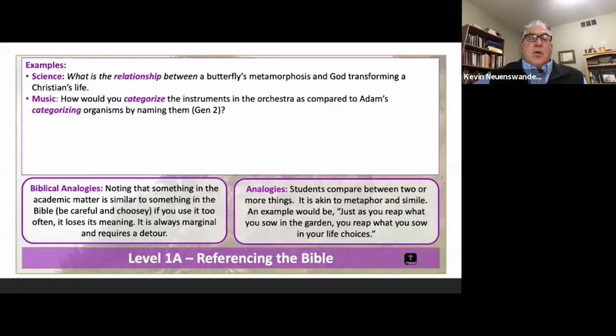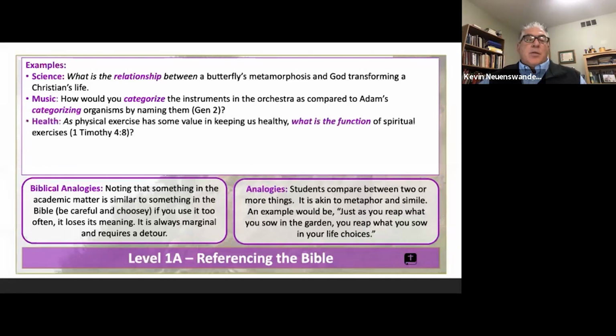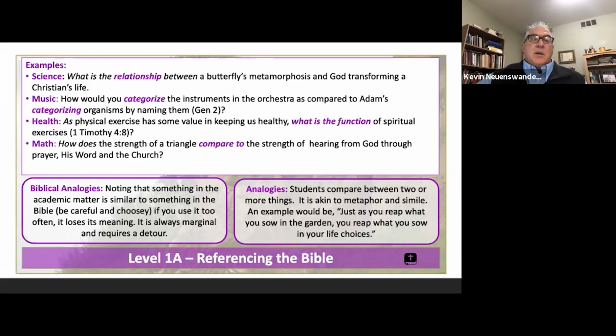How would you categorize the instruments in the orchestra as compared to Adam's categorizing organisms by naming them in Genesis 2? Health. As physical exercise has some value in keeping us healthy, what is the function of spiritual exercise? And they're going deeper. That's a deeper question. 1 Timothy 4:8. Math. How does the strength of a triangle compare to the strength of hearing from God through